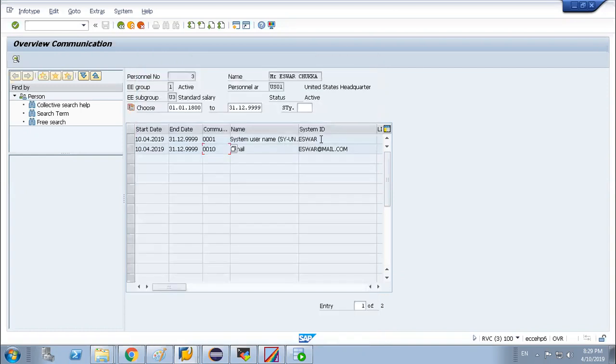If you don't update this 0001, the ID will be created as a partner. I think your business scenario is the same. Your ID is created as a partner. Correct? In your business scenario, all the IDs are getting created as a partner. Not all.